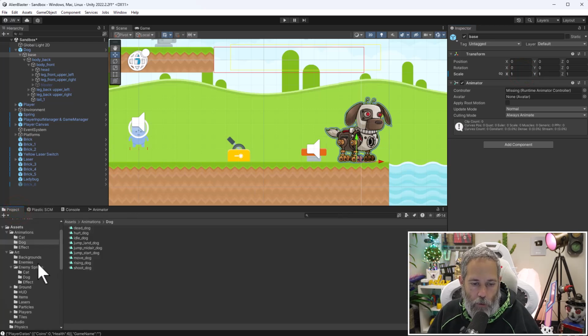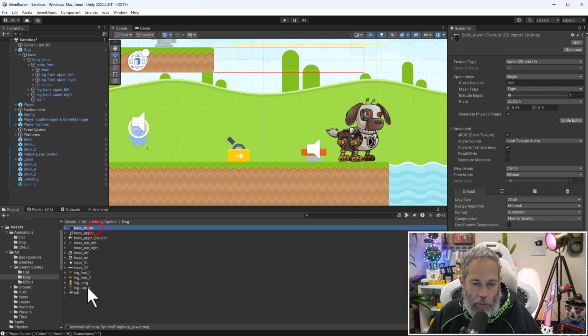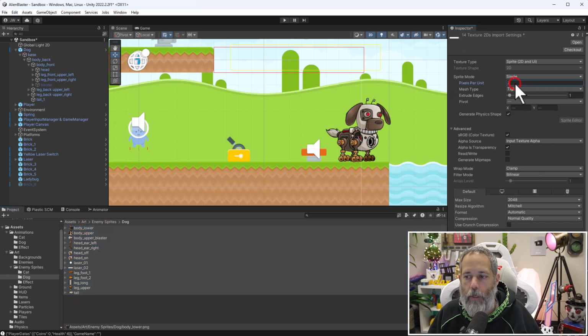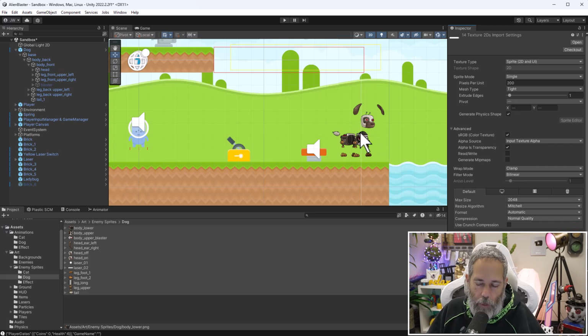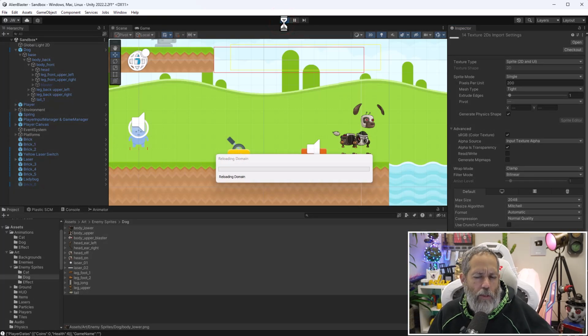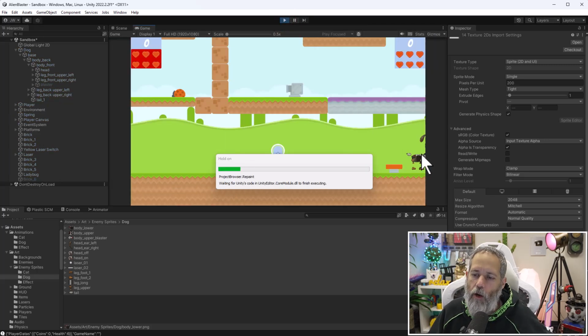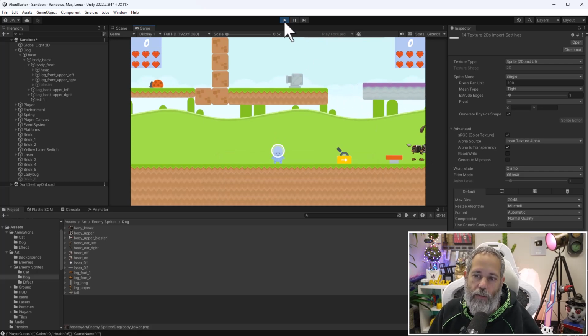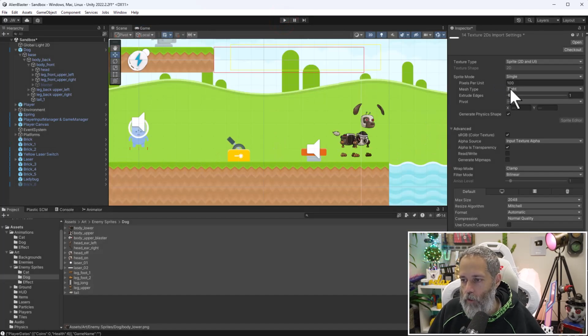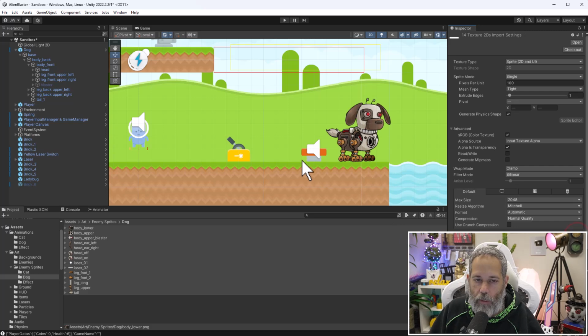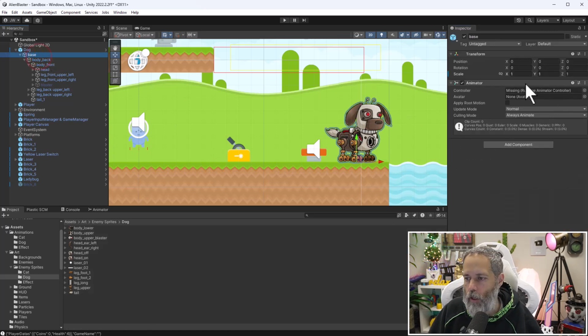So if I went to the dog and I changed all of these pixels per unit to maybe be 200 so that it shrunk down, and see how I get small sprites, but everything's separated and far apart. And if I press play, actually I don't think there's an animator on here, so probably nothing will happen at all. But if I did press play, all the parts will animate, but they're just going to be offset in the wrong spot. So we're going to undo that change. Hit apply, set them all back to 1 or 100,